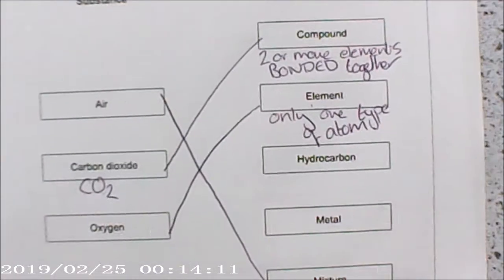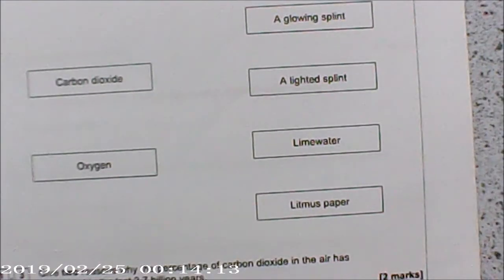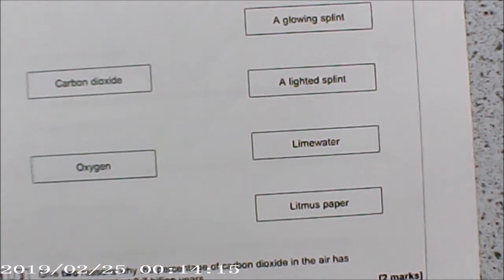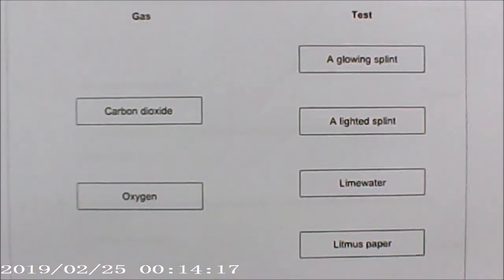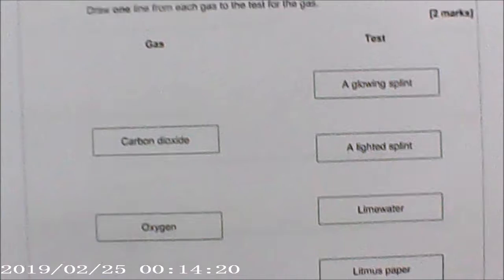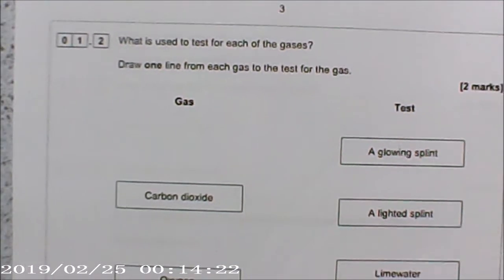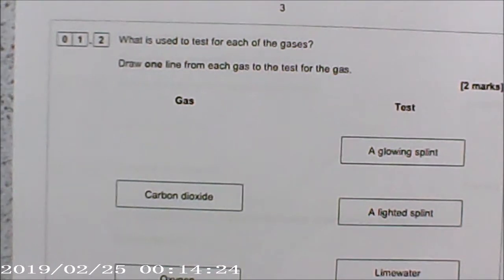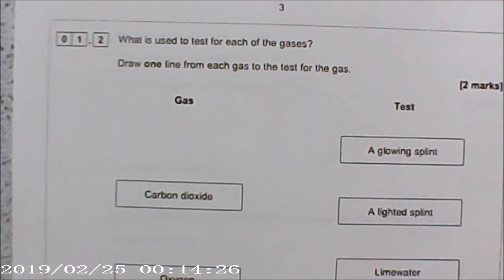Okay, so that was out of 3. You get 1 mark for each correct line. So next one, 1.2. What is used to test for each of the gases? This is our gas test